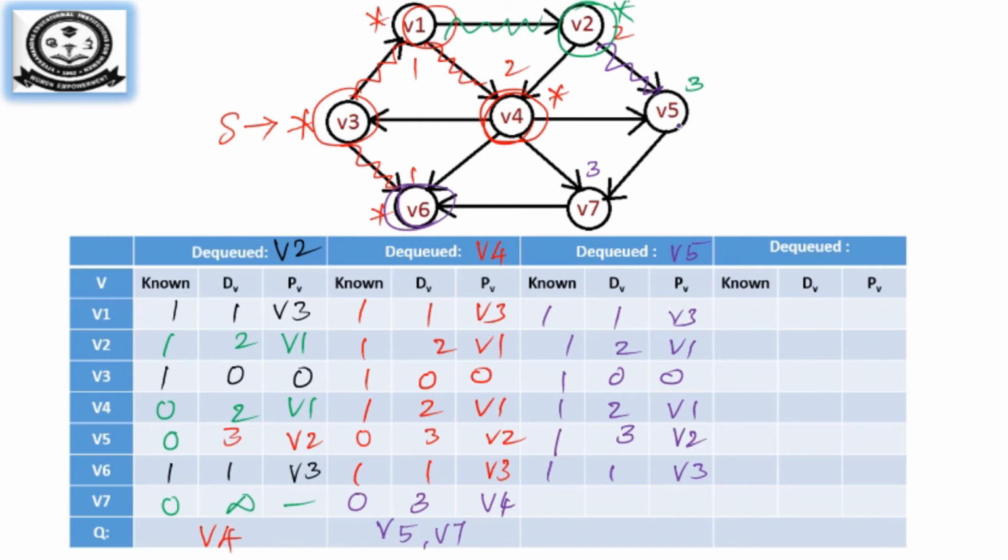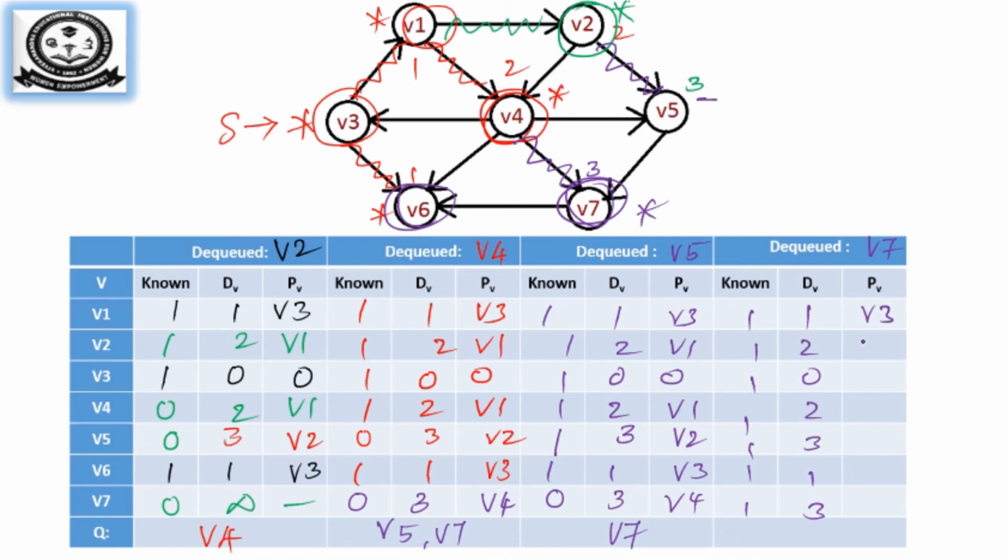Now from V5 the unvisited vertex where I can go is V7. So the distance will be 3 plus 1, it is 4. So what is the distance over here is 3. So no change. You will have 3 V4 only. So the distance will not be updated. Already V7 is in the queue. Now V7 will be popped. So all the vertices will be marked visited. So the final vertex is visited, which is from V4. So you will have 1, 2, 0, 2, 3, 1, 3.